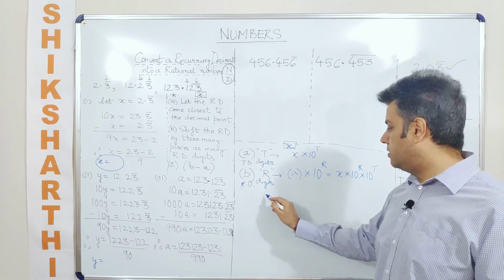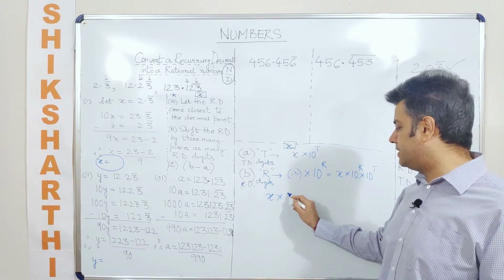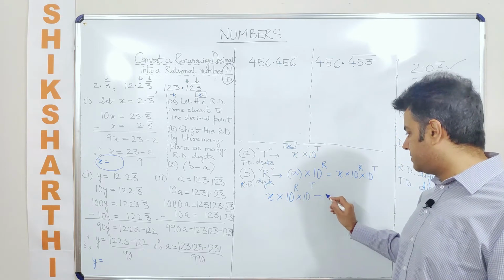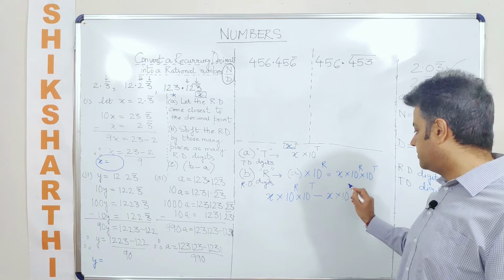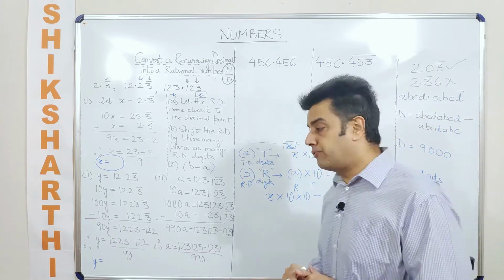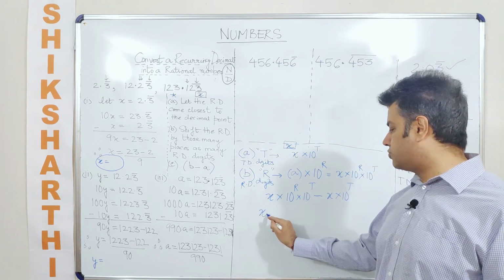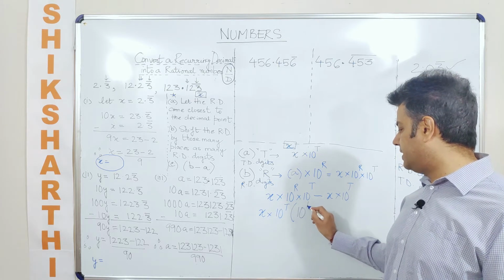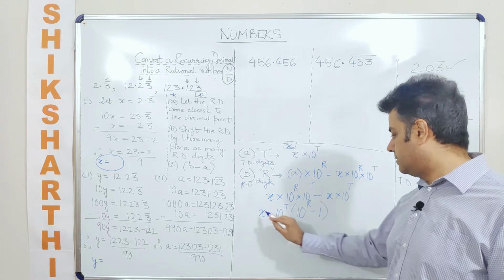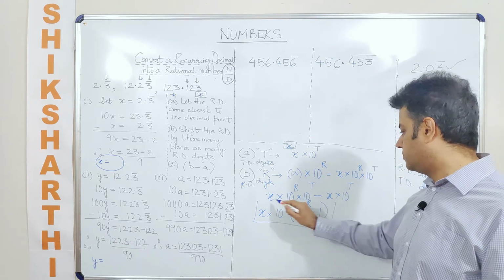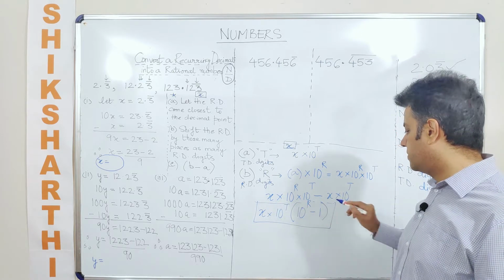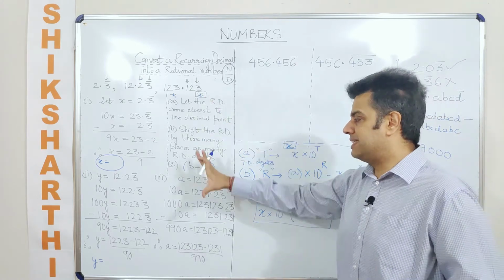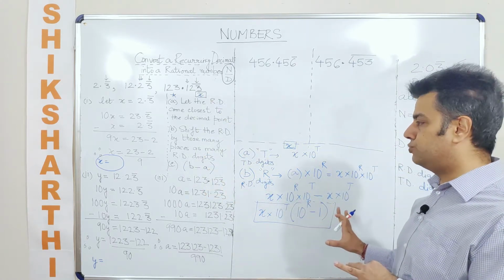Now when I am doing this, what will I get? This is nothing but x into 10 to the power r into 10 to the power t minus x into 10 to the power t. So from here, I'll get x into 10 to the power t as common, right? And inside the brackets, I get 10 to the power r minus 1. This is what you get finally. We will see how to take this forward with the help of some examples. Now this is the basic thing that you are supposed to do.